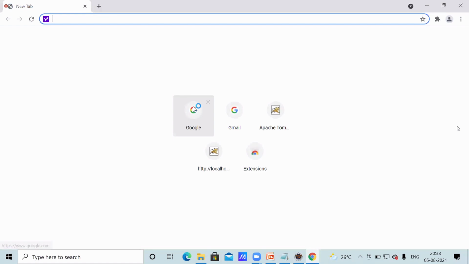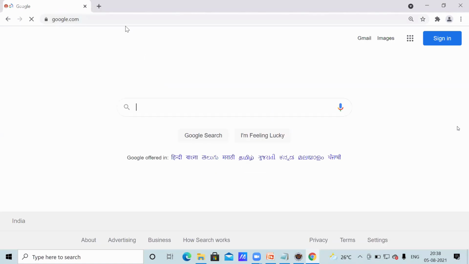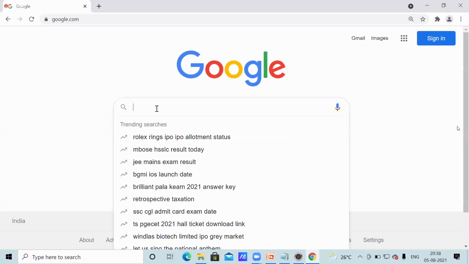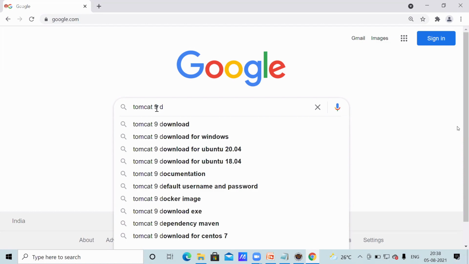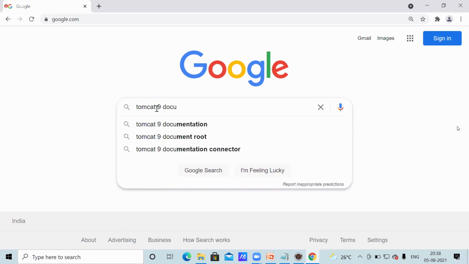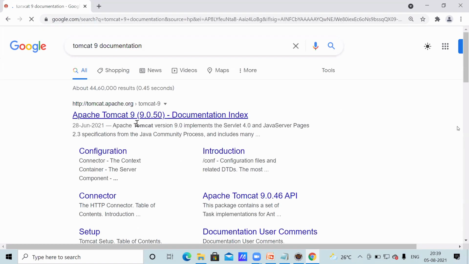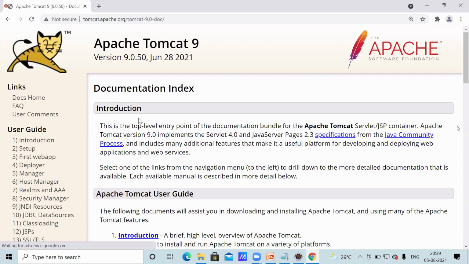In Google, for the Tomcat server, you have to open Tomcat 9, since we installed 9. Documentation, click.